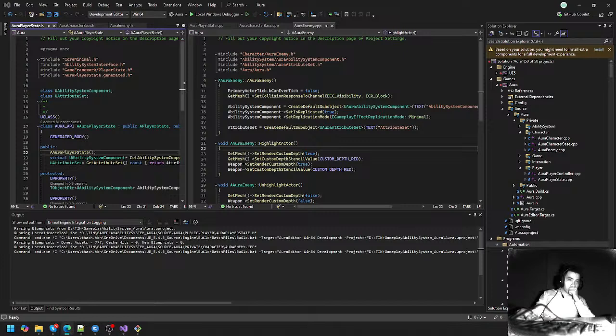Those pointers are uninitialized. Well, as soon as we access the player state, we should then have access to the ability system component and attribute sets. The player state has getters for those, and our aura character will now have the ability to set those pointers. So pause the video and initialize your ability actor info now. Okay, so we're ready to init ability